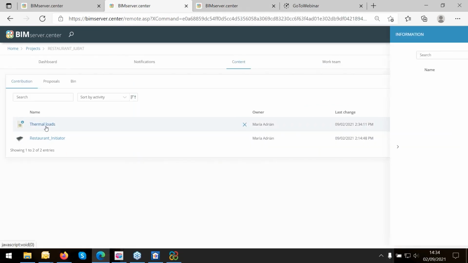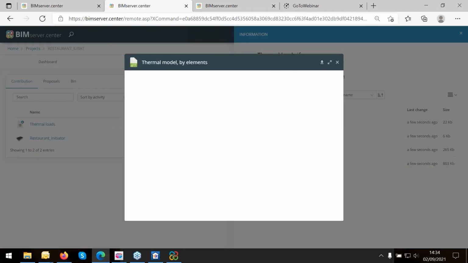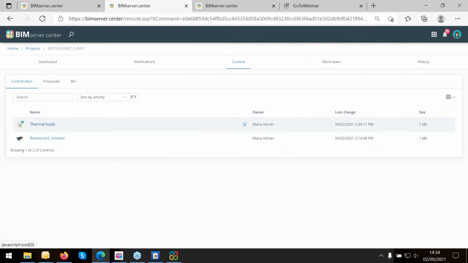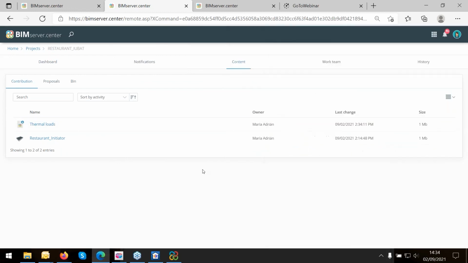Okay, if you see here, the thermal loads. This is good to have. I think the problem with the webinar is too much memory. Well, anything. Sorry. Here we have the share option, because one interesting thing about this is that